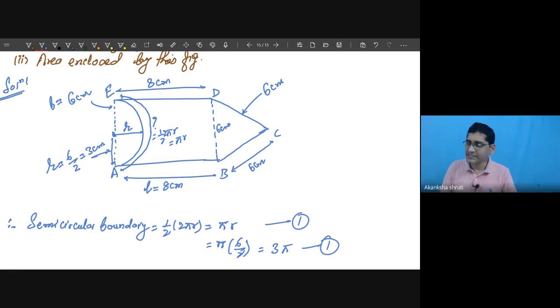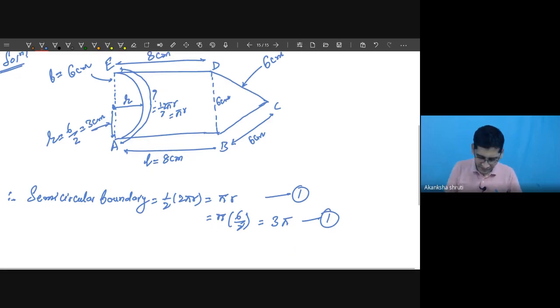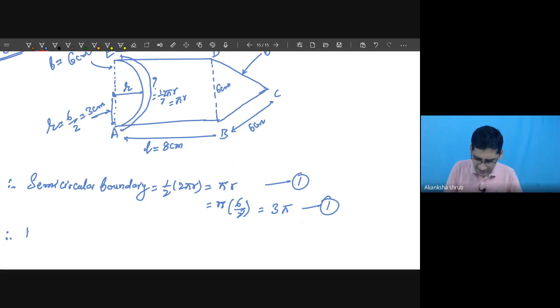Now coming to this rectangular part, the boundary is 8 centimeter, one of the sides, other side is 6 centimeter. It's okay, already represented over the figure. Now coming to the triangular part, it is the 6 and 6 known, the other is not drawn in the figure. They are intermediate, I mean in between, so no need to take. Therefore, how is the boundary length?